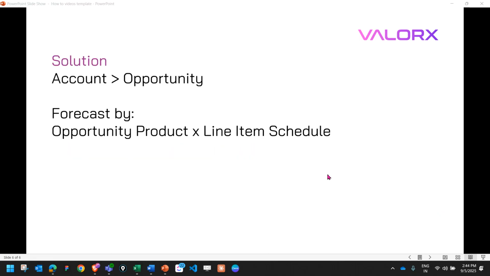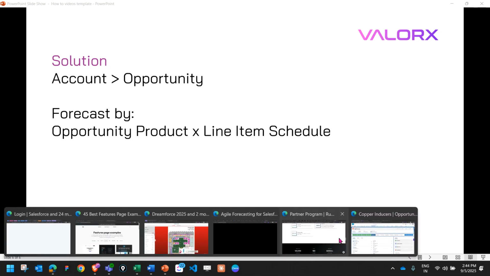One of the challenges I have is whenever a new account and opportunity is created and the sales team creates the opportunity, there are certain products which they sell. Now, on the production side, I want to understand what the schedule is, and based on that, I have to plan the production, or check whether the product is available in the inventory, or whether I should make a new request for that particular product, right? So what I mean by that is